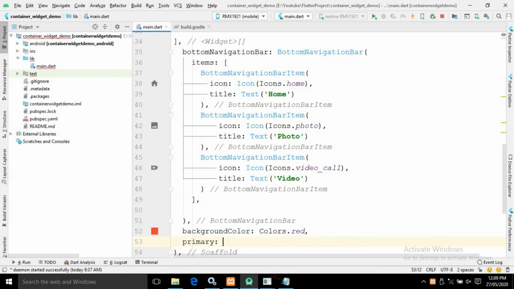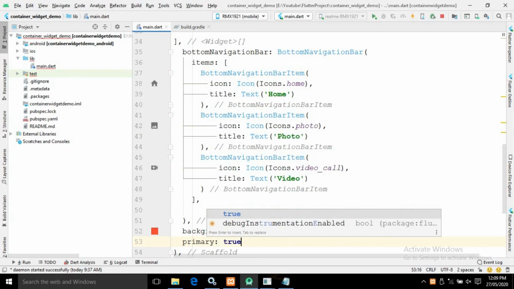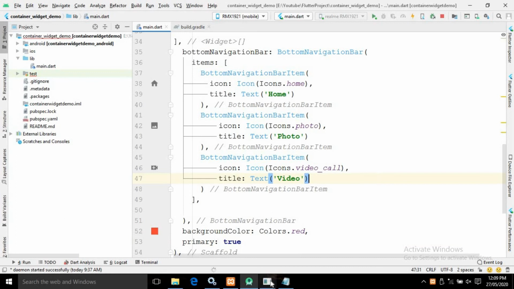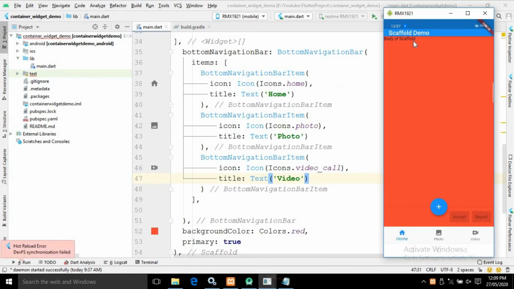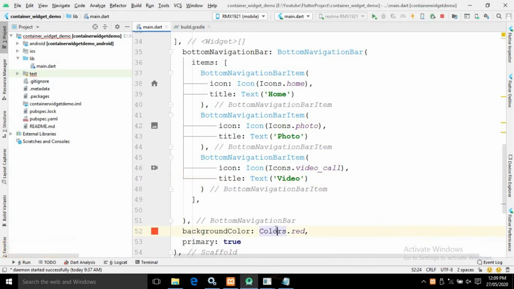Let me make it true again, which is its default value. Let me save this, and now if I go to the output, you can see there is something wrong.